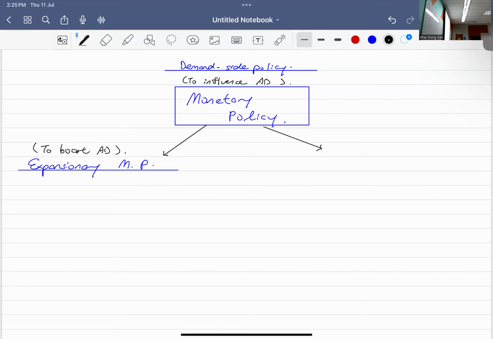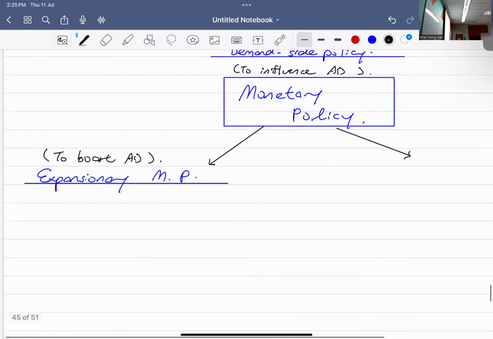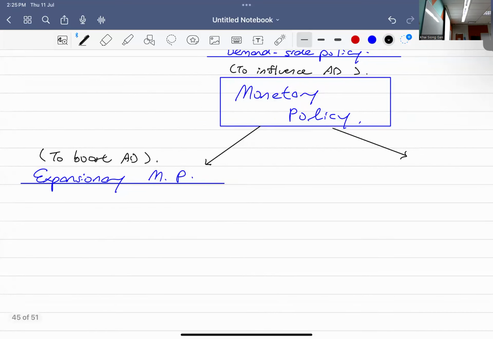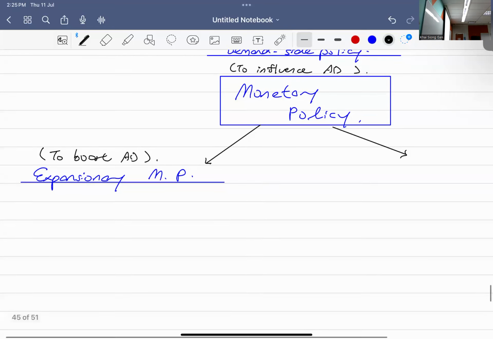All right. So expansionary monetary policy is to boost aggregate demand. That means to increase aggregate demand. When we talk about monetary policy, it includes the instruments like money supply, interest rate and exchange rate. But for our syllabus, we focus on the first two, money supply and interest rate. So to boost the aggregate demand, what the central bank can do